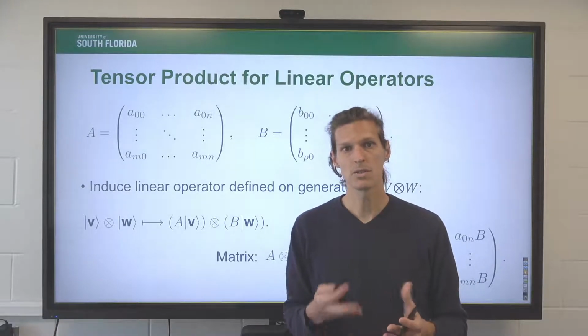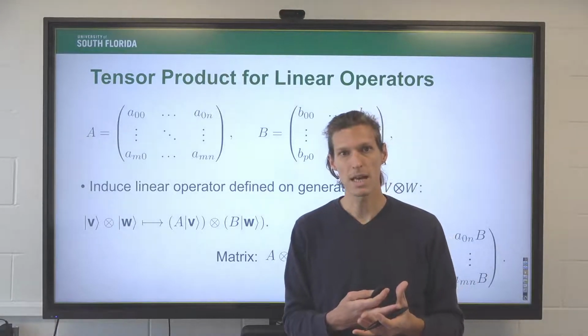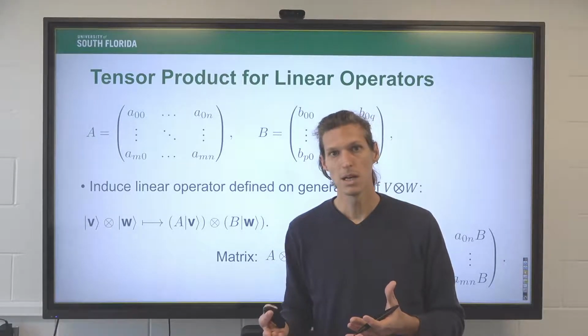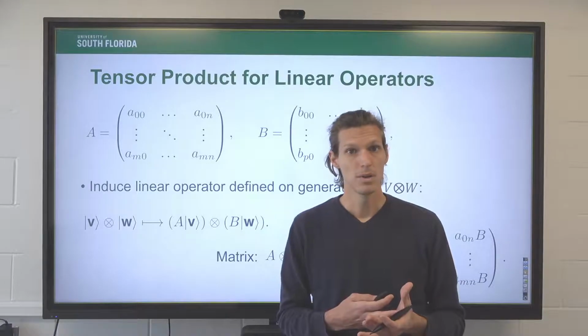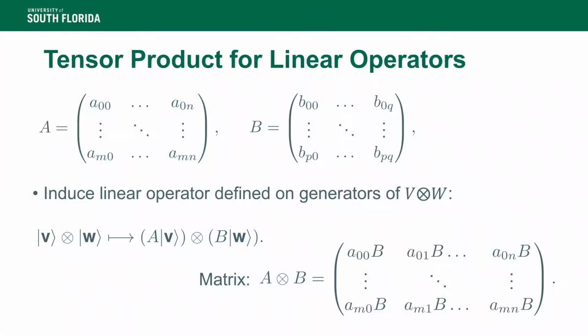So now the question is, suppose I have a linear map defined by a matrix A and a linear map defined by a matrix B, how could I define a map on the pure tensors? Well, I could do it in a very natural way. Assume I take this pure tensor, I spit out this pure tensor where I apply A to V and B to W. And if I choose to do that, and I use the previous formulae, then the matrix that will give the action of that linear map on the canonical basis of the tensor product,